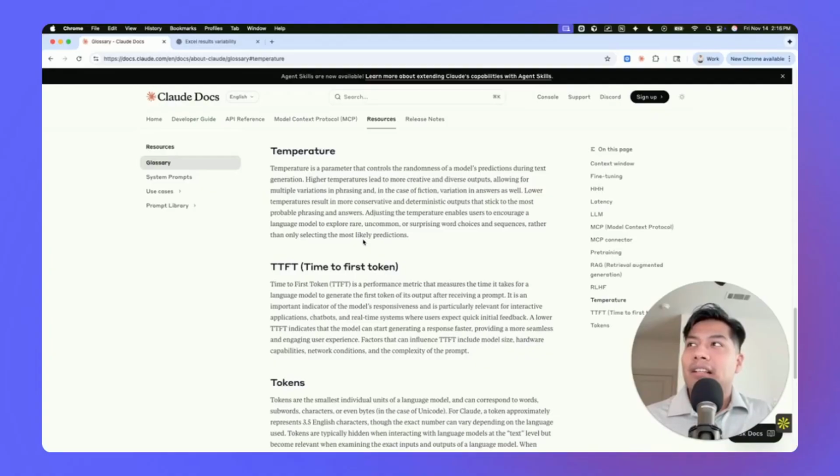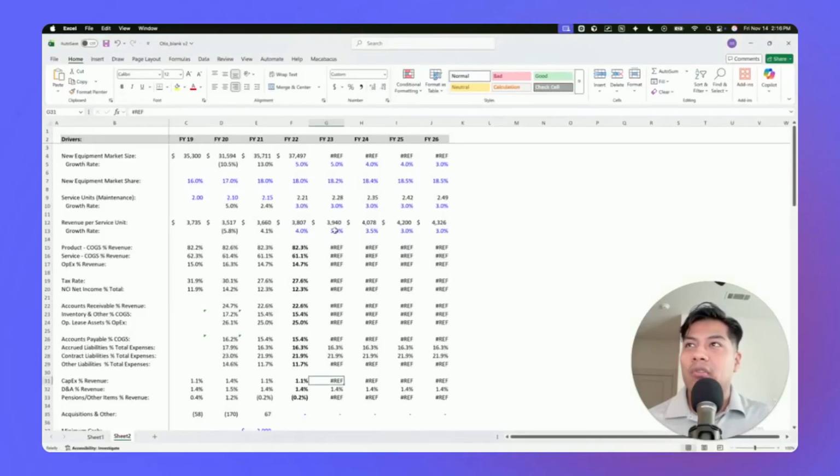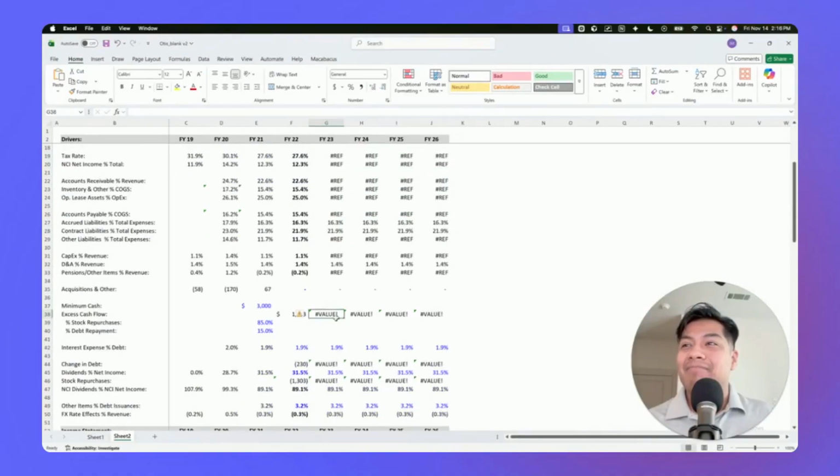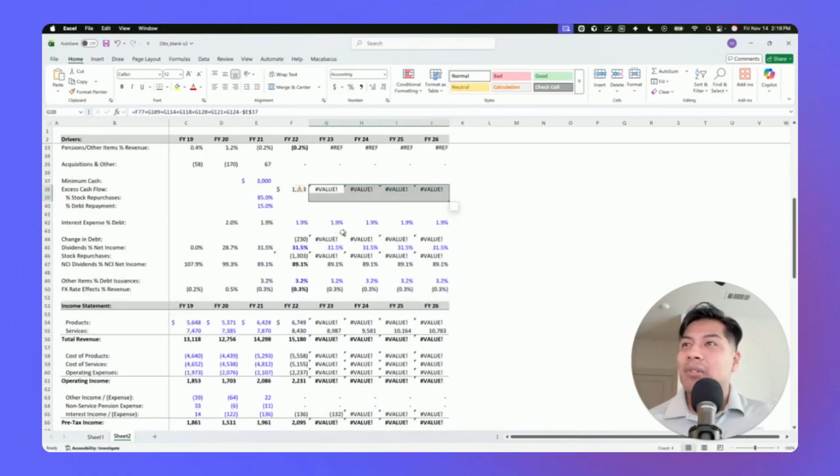And you can toy with these temperatures, and that'll really give you the opportunity to go from an Excel model that has a bunch of refs and divs and values in it to something that looks a little bit more like